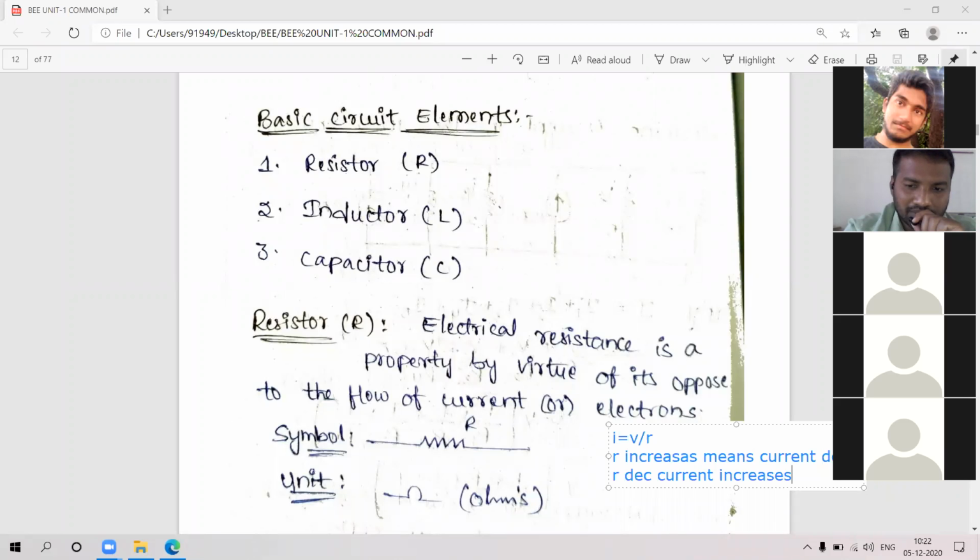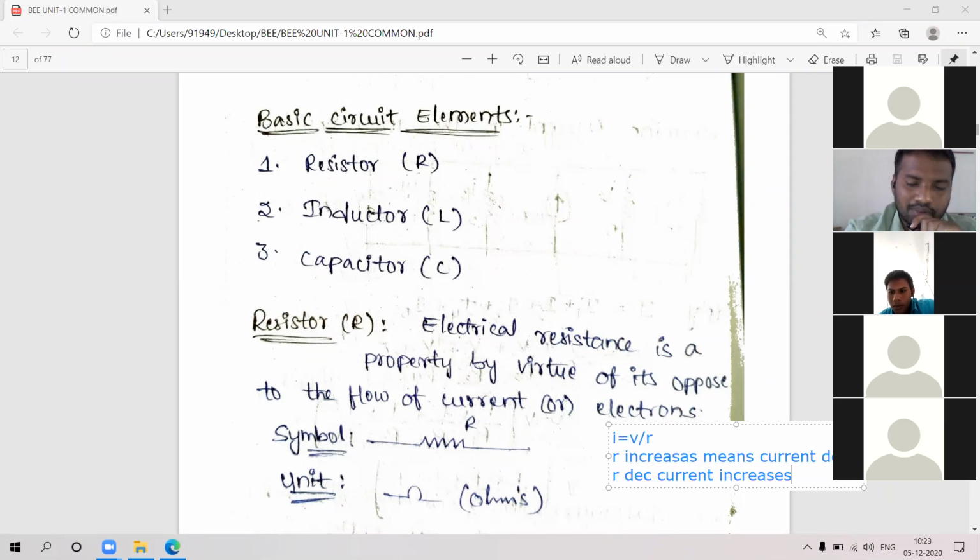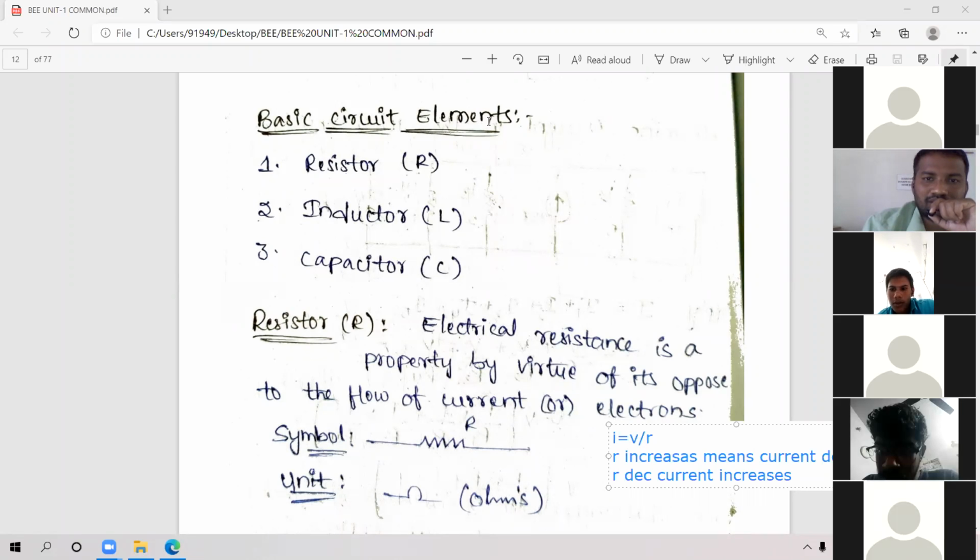I is equal to V by infinite, which is zero. Anything divided by infinite is zero. If you divide 1 by an infinite value, the value is almost 0 only. So likewise we